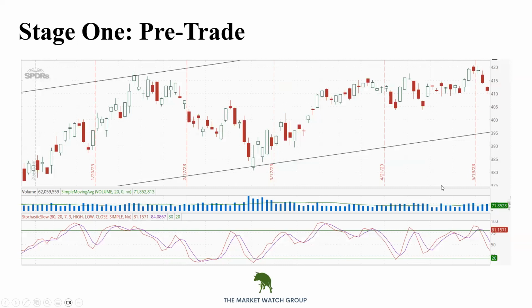Stage one, pre-trade. So what are we looking for? I'm looking for stocks that are uptrending, meaning, and it doesn't have to be for a long period of time, but something that just recently broke to a new high. You can see this one did. Something that is on a consolidation. You can see this one is. I would like the volume to be average or less, not above average. And you can see that it's about average. It's maybe a titch above, but not 5%, which would cause it to be scored negatively. So this is where I'm saying I have a setup.